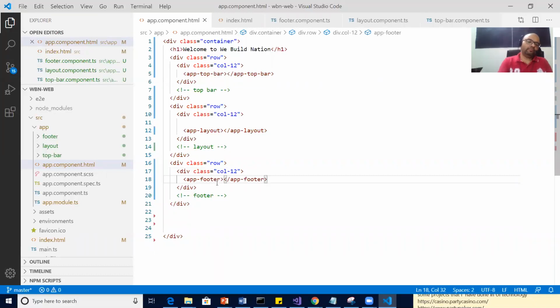Okay, saved. So now my tabular structure is actually in place.